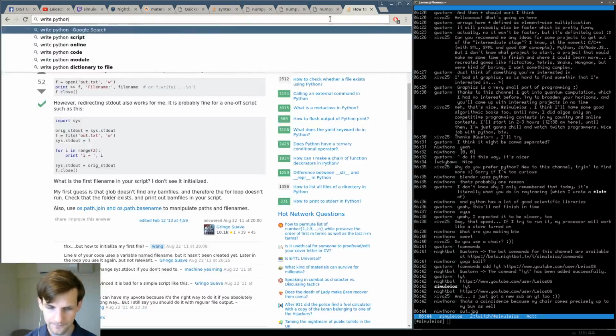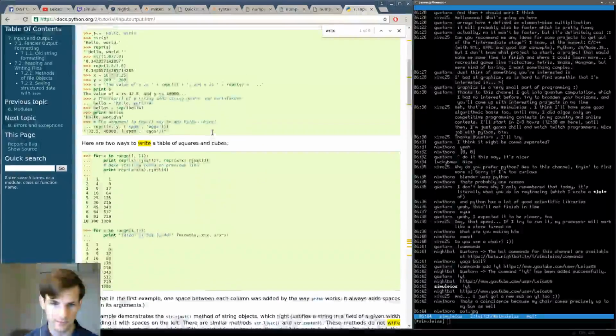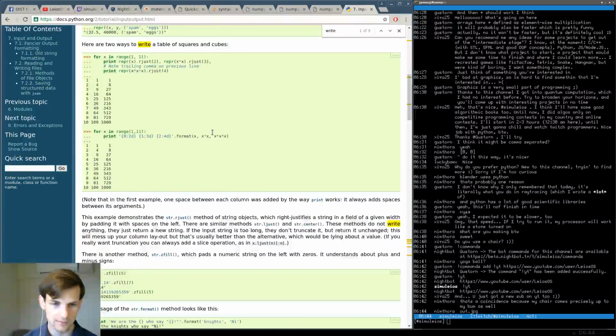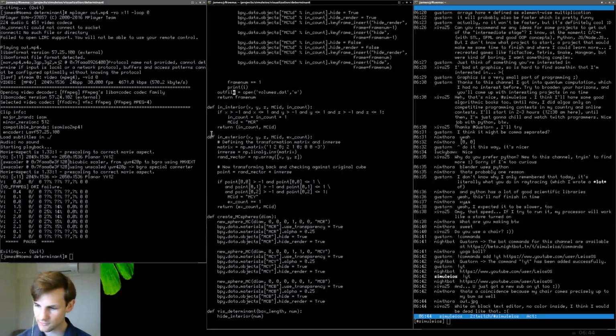Write Python. Control F, write. Let me see. Down here, write. For X in range, print. Here are two ways to write to a table. Do not write. White on black text editor. No colors inside. I think it would be dead like